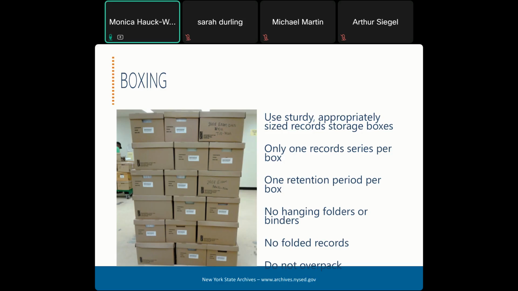And finally, if you have too much to comfortably put in one box, split it between 2 boxes. Putting too much in the box means the box will distend, especially if it gets wet and the records grow in size, pushing at the boundaries of the box. If the box is overfull, it's also nearly impossible to remove or refile pages without damaging them. And since overstuffed boxes are heavier, staff are more likely to injure themselves when they're moving over full boxes.